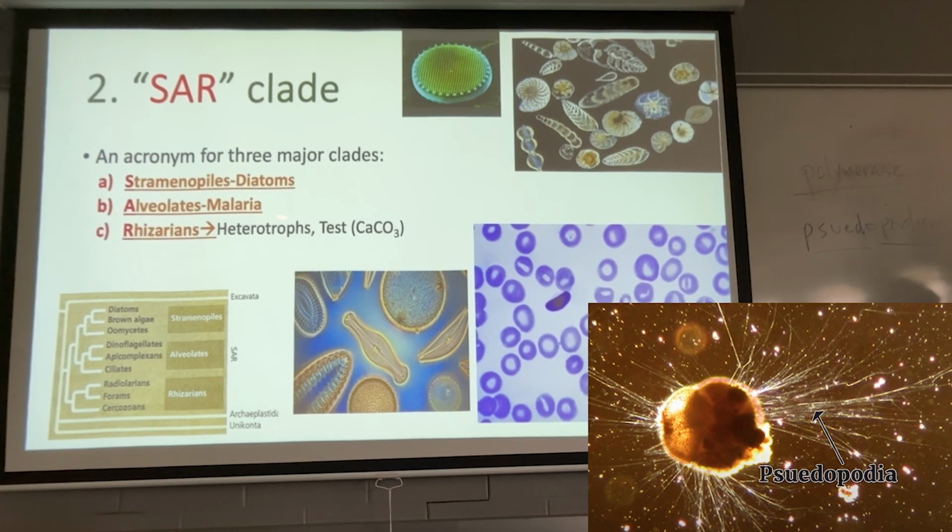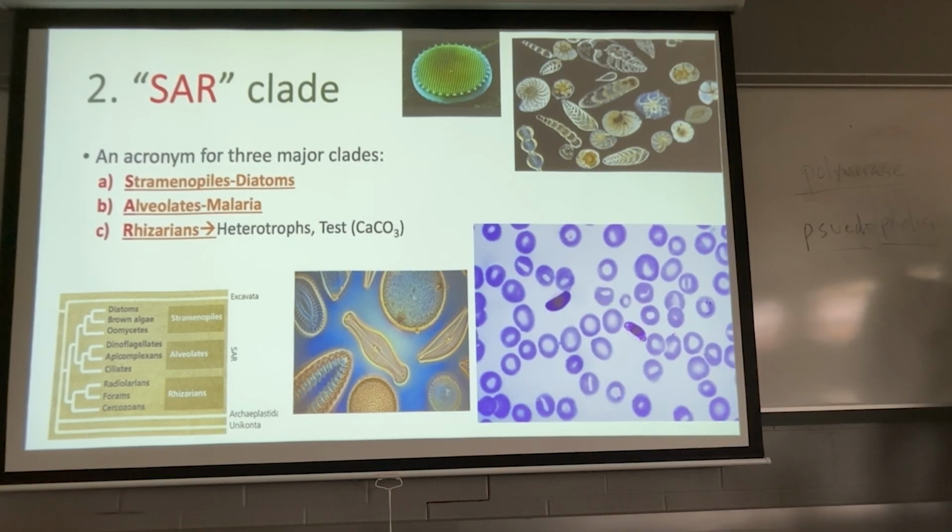And almost all the rhizarians are heterotrophic, so they capture stuff with those little pseudopodia, and they hide in these little tests. You can find the little tests in the sediment. After they die, they settle down, and they're actually kind of cool looking under a microscope. That's really all you need to know about the rhizarians. I'm going to give you your two examples of the other two: the stramenopiles, diatoms, and the alveolates, malaria.